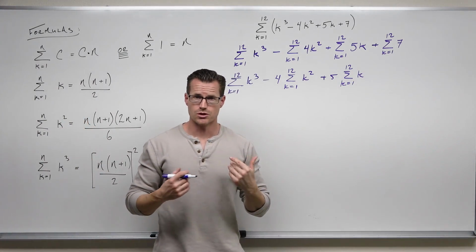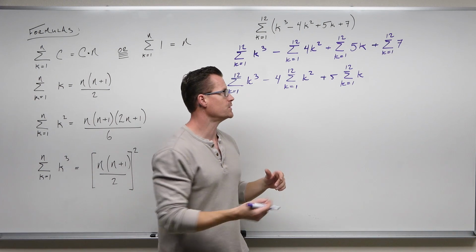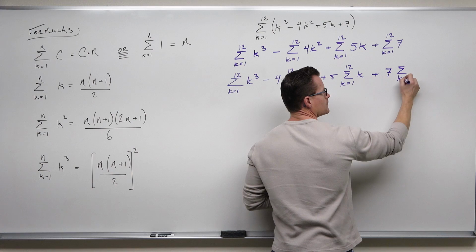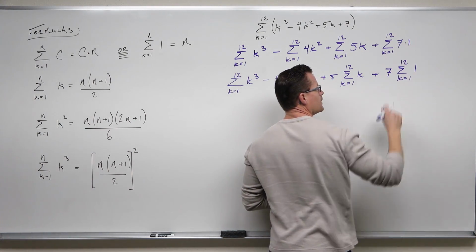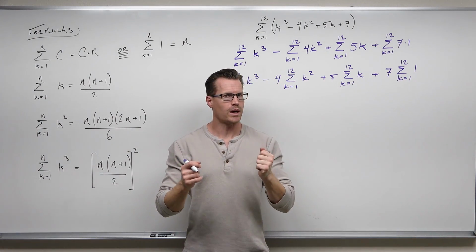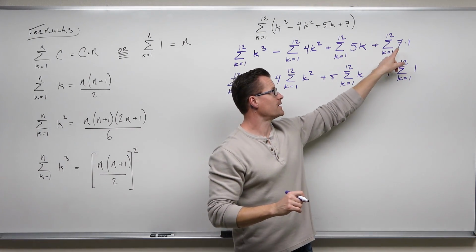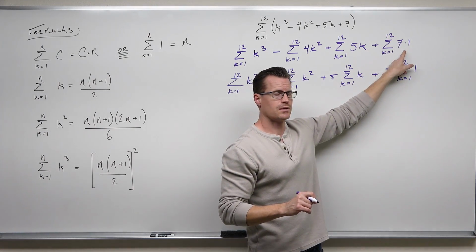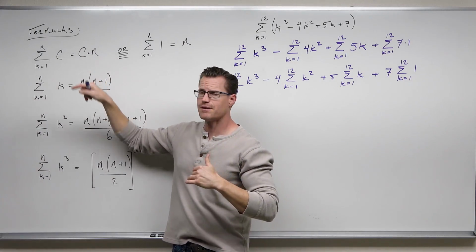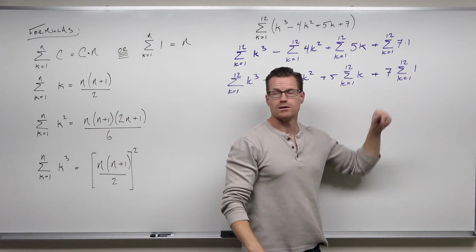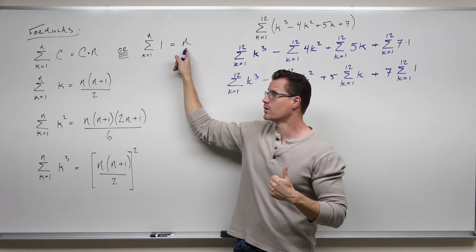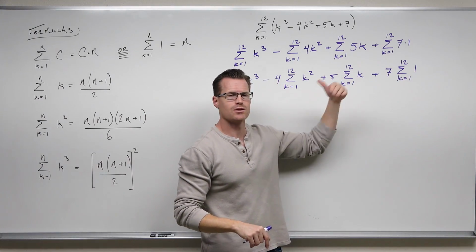And now the constant you can do one of 2 ways. It doesn't matter to me which one you do. You can leave it as this, or you can write it thinking of it as 7 times 1, you could pull out the 7 and leave the 1. Either way, I need you to see that you need the same thing. If you leave it as a 7, you do 12 times 7. That's what that says. Leave it as a 7, a constant. You would do n, 12, times 7. No problem. If you do it like this, you say, all right, if I am adding up lots of 1s, how many 1s am I adding? 12. You're n. You're 12. So you'd say, here's 12 times 7. Either way, you're going to get 12 times 7.